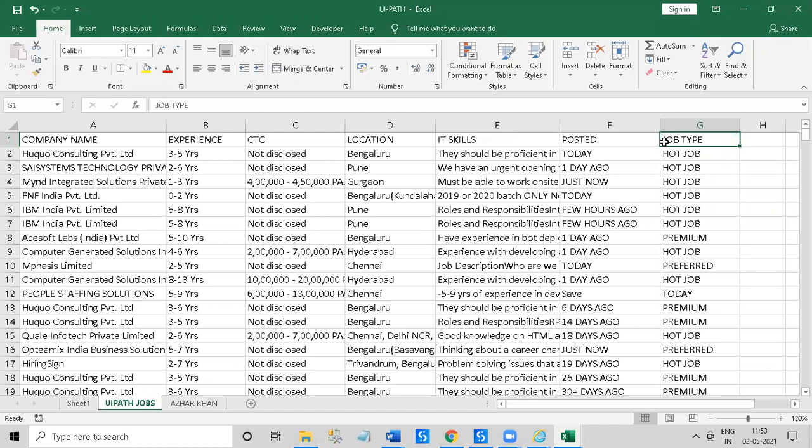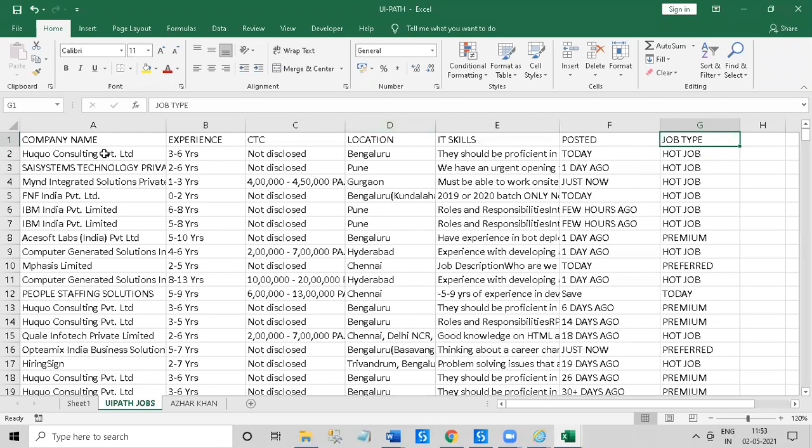One of the processes I automated for one of my clients in Hyderabad was on Naukri.com. They were using a team of 10 to 12 people, who were manually launching Naukri.com and calling the candidates. So what will the bot do?